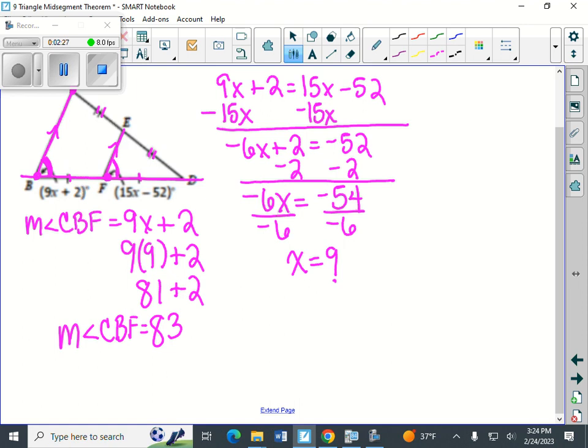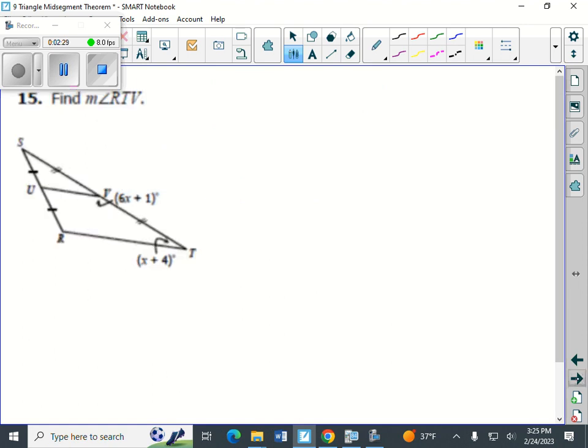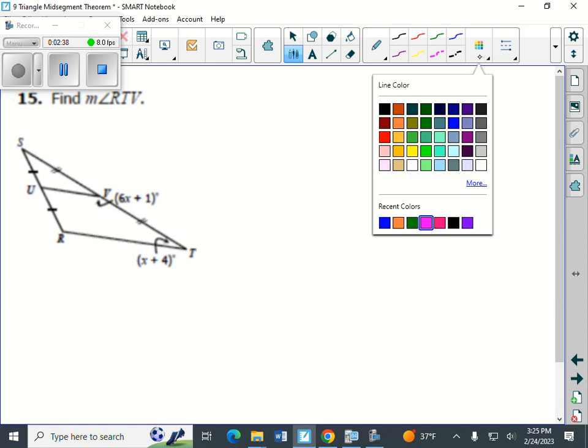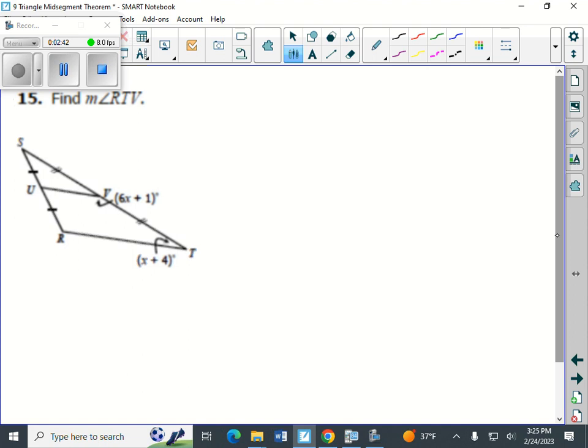Same idea on our last problem. Here we want to find the measure of angle RTB, but we need to notice here that we are working with a midsegment based on the tick marks here. So this length is parallel to this length. But what we need to look at is this angle,